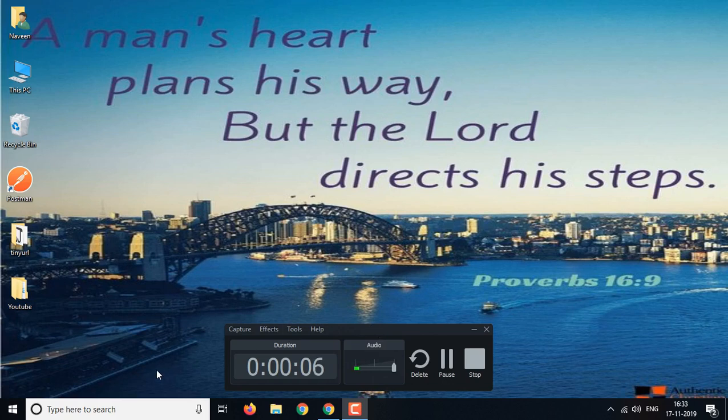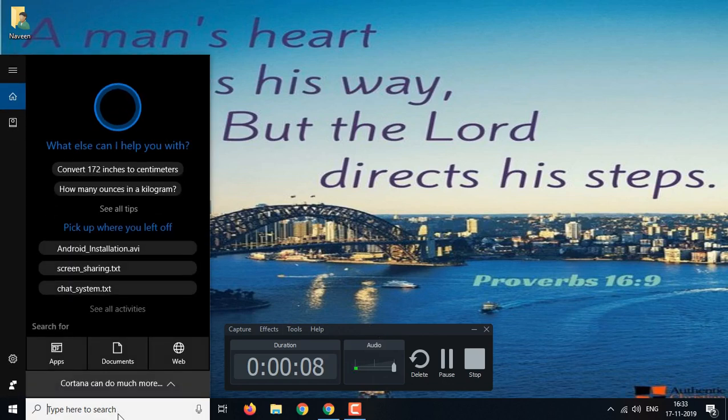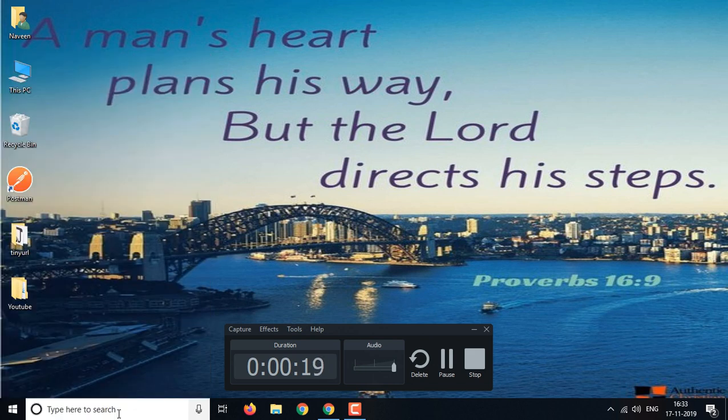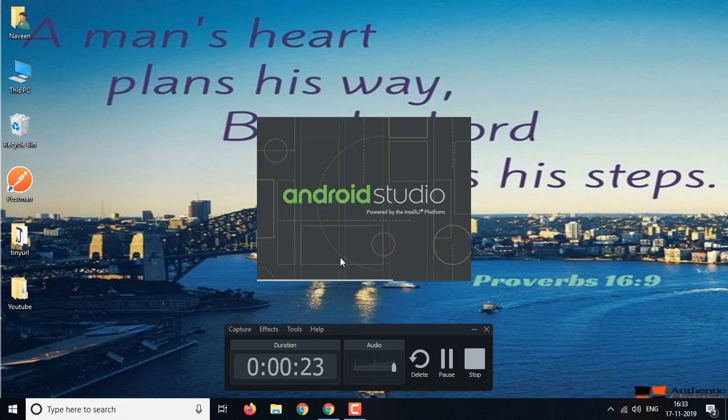In this session, I will go to the window of Android Studio, and I will let you know some basic steps for how you will create a project and everything. So just type Android Studio in search, then click on that. It will take some time, depending on your computer configuration, to load the window and start Android Studio.